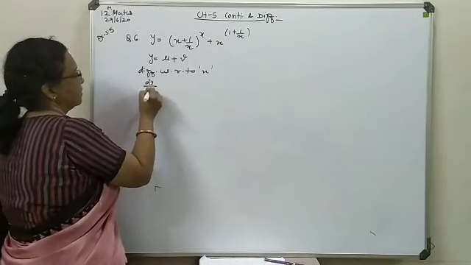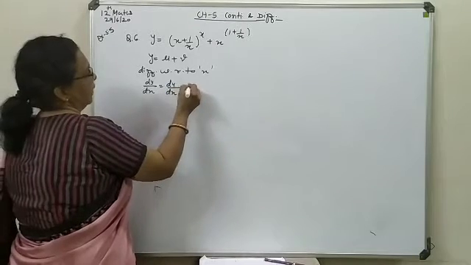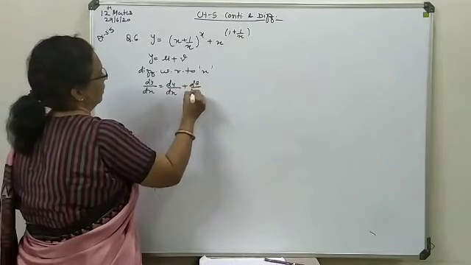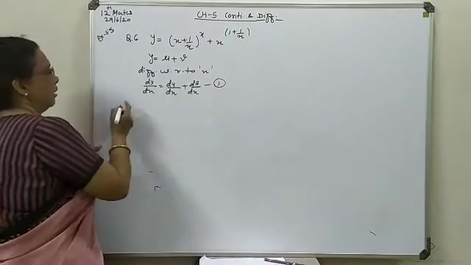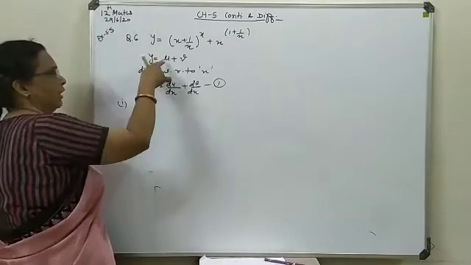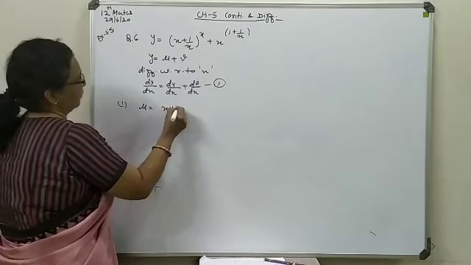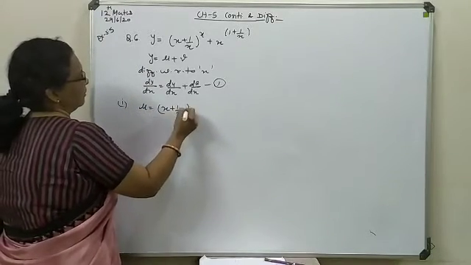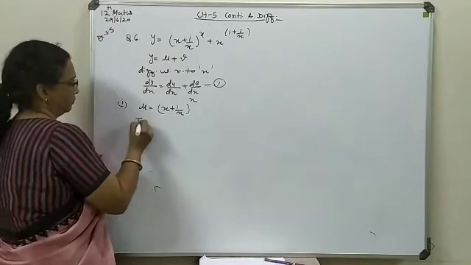dy by dx, du by dx, dv by dx. This is to be used at the last. Now, first stage, what have we supposed as u? u was (x plus 1 upon x) with power x. So go for taking logarithm here.